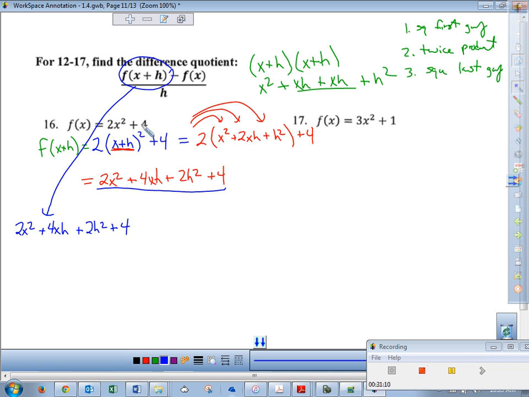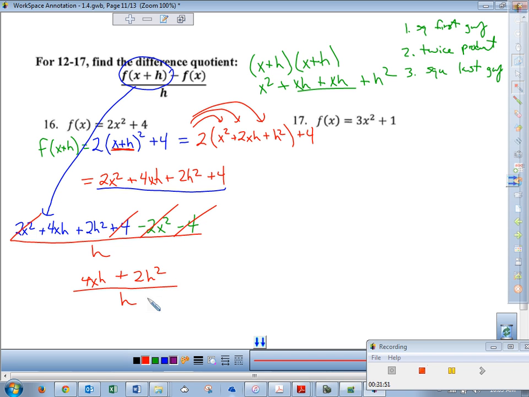Correct? I need to subtract away f of x. Same trick. Just change everybody's signs. Rewrite him and change their signs. So it's going to be minus 2x squared minus 4. Cool? And then all over h. Not everything will cancel anymore. 2x squared minus 2x squared, gone. Plus 4 minus 4, gone. Right? But you're left with 4xh plus 2h squared all over h,